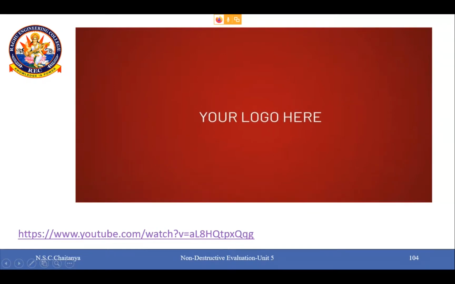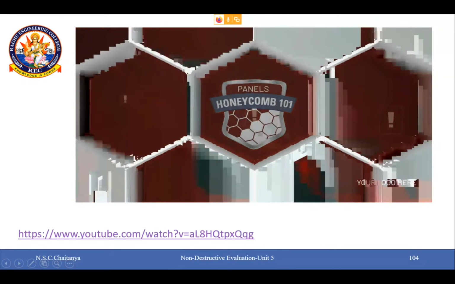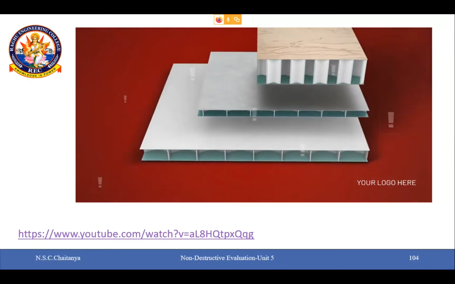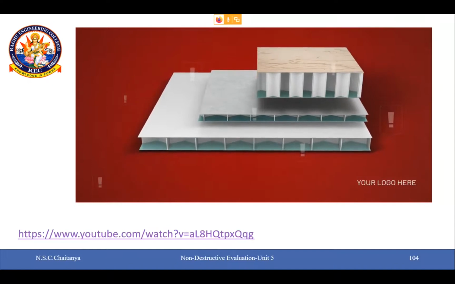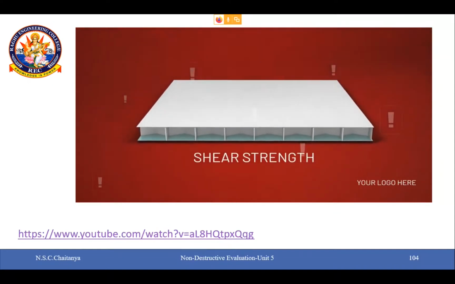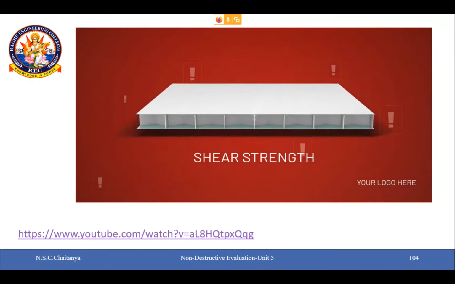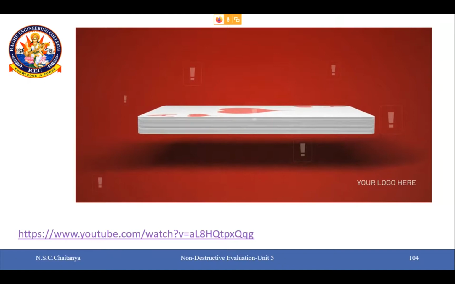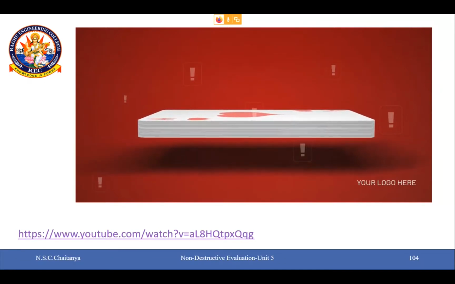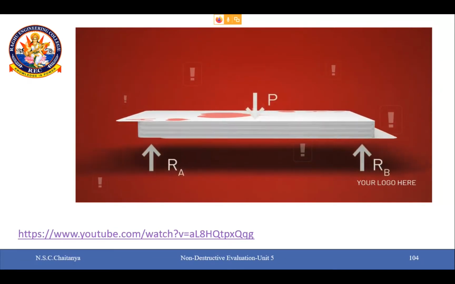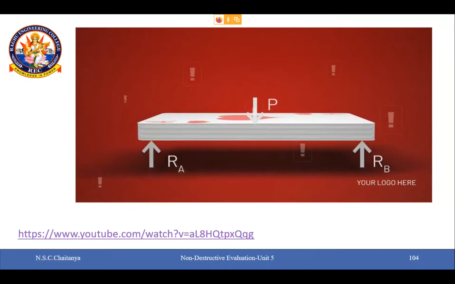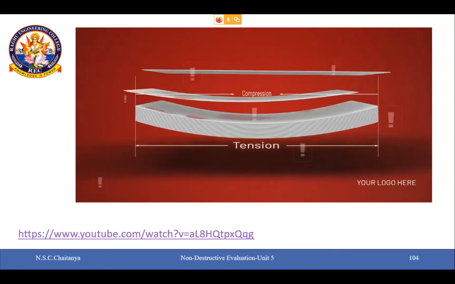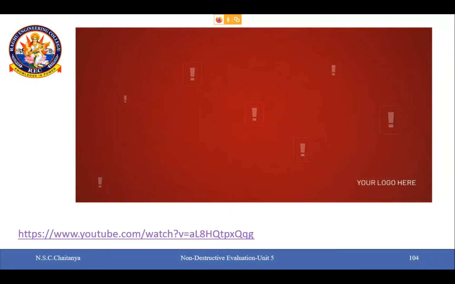Slide number 104. Welcome to Honeycomb Panels 101. Let's take a quick look at why and how honeycomb panels achieve their flexural strength and stiffness. Honeycomb panels are superior for structural applications because they resist a dynamic known as shear. To understand shear, let's use the example of playing cards. Normally there's no tension between the individual cards. Their surfaces slide or shear easily when we apply pressure. The top card is allowed to compress while the bottom card appears to expand. Eventually, the deck fails to stay together.